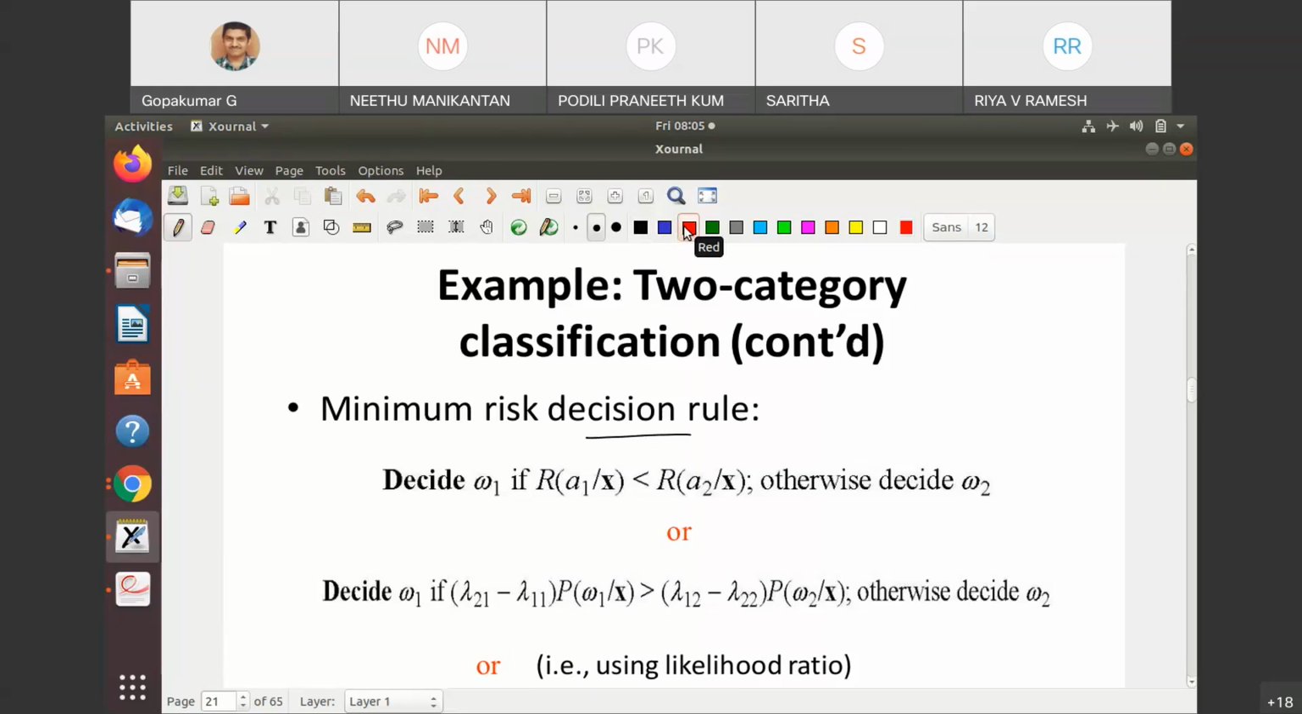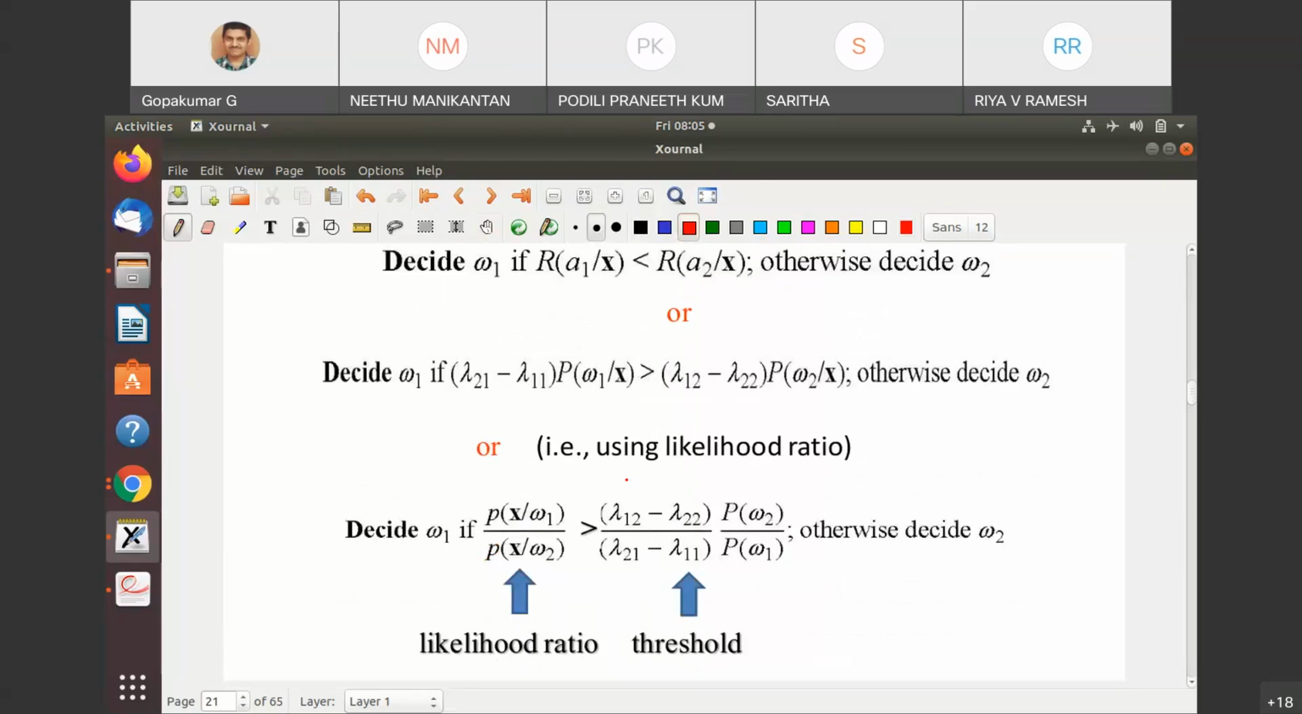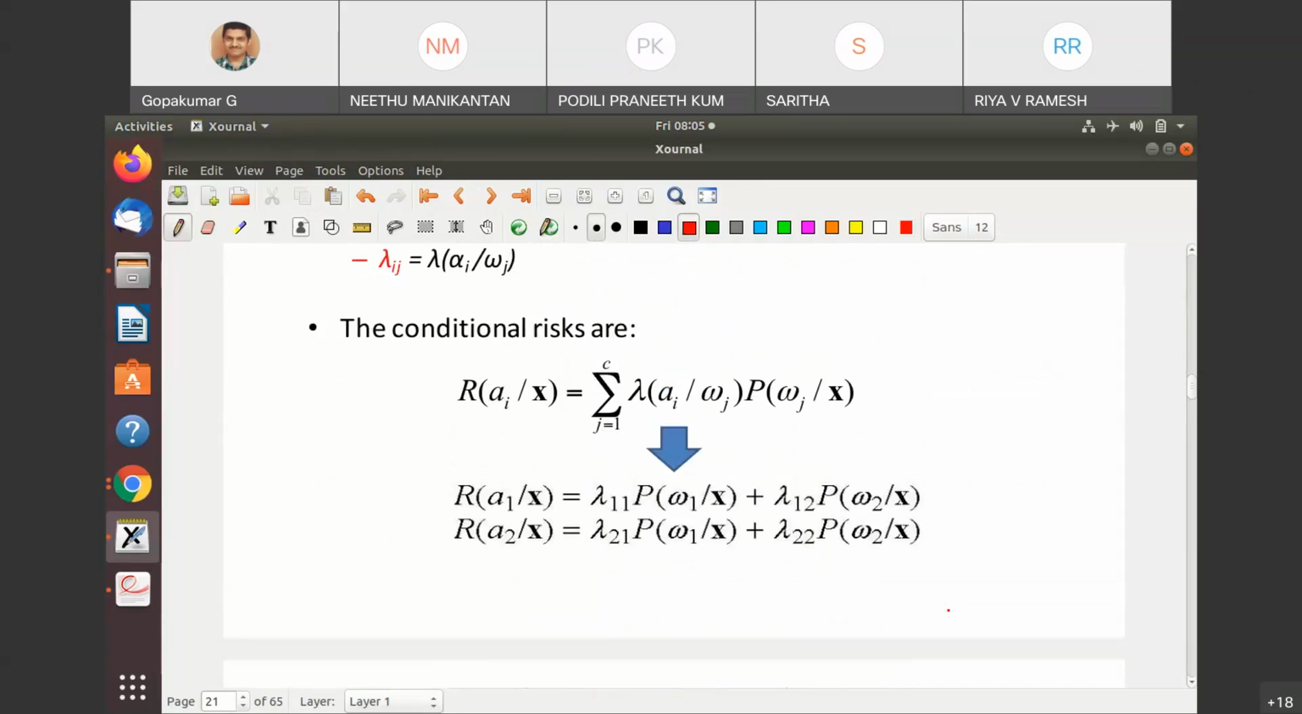Okay, so all those things we have seen yesterday, and here we have defined the loss in terms of the parameter lambda. If you look into this particular equation, we can see, for example, lambda 1 1 and lambda 2 2. They are class 1 predicted as class 1 and class 2 predicted as class 2. That means the action corresponds to the same original class. Usually, when we assign a loss function, as we have seen for this particular loss function,